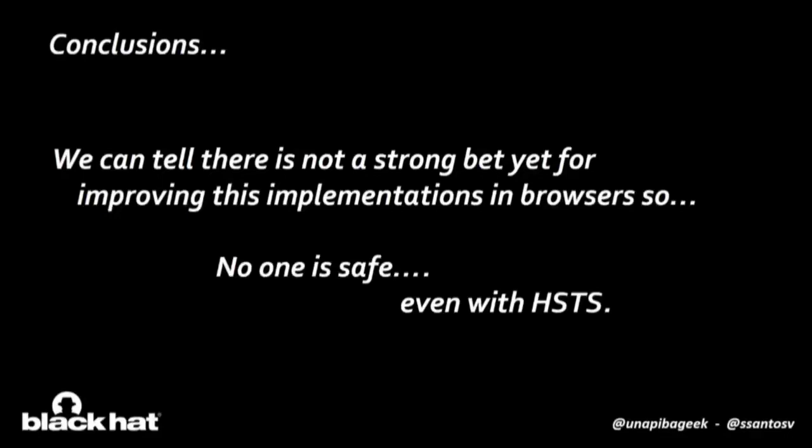We have done a little more research about some problems in the way they implement this, and there are little details, but these are the bigger ones that make these mechanisms useless in a practical way for the